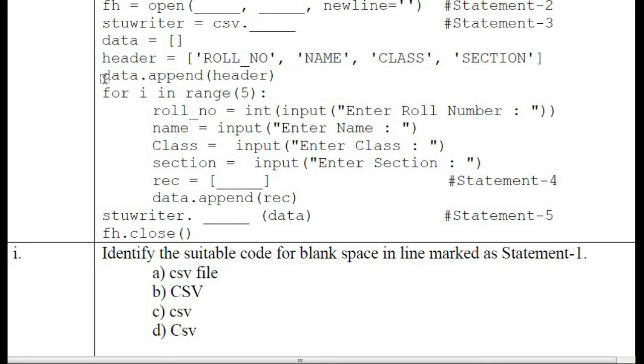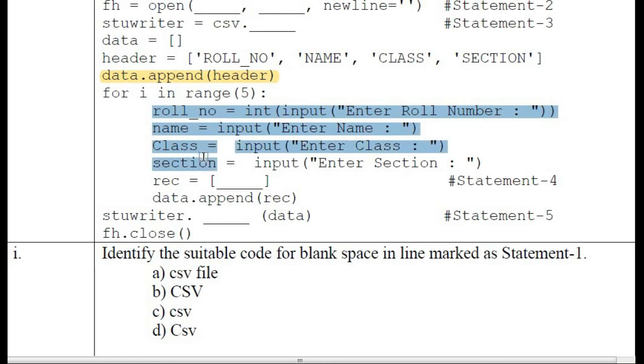That is appended to this list data. Then accepted the values for roll number, name, class and section. Okay. Then here data dot append rec is given. Then what will be missing here? Creating the record using these details, that is roll no, name, class and section. So what will be the answer?